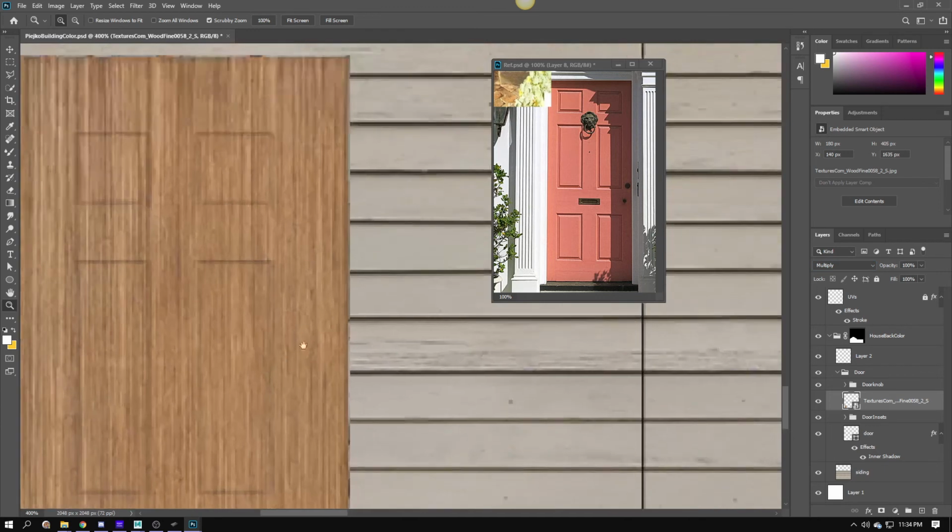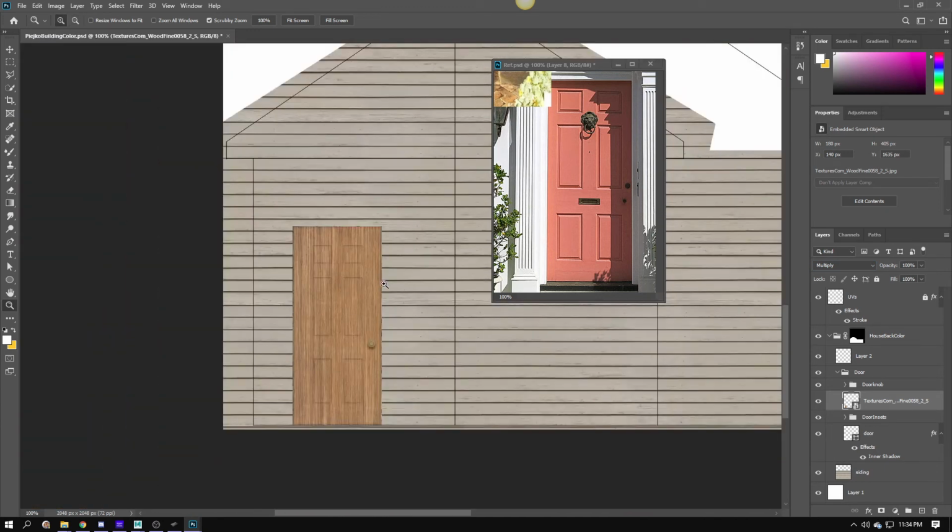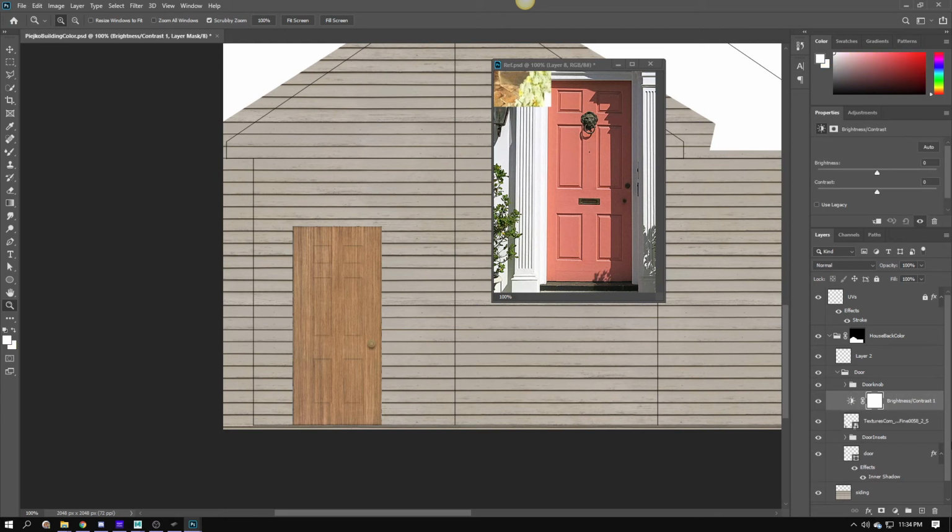The problem is that when you start to do this, it may be a little bit too intense. So what we could do is taking this texture, I'm going to go to my adjustments, and I'm going to start messing with, let's first try brightness and contrast. And then before I do any brightness and contrast updates on here, I want to hold down Alt and left click in between this layer and that layer. What that's going to do for me is make sure it's only affecting this layer. If I don't do that, everything's going to be modified underneath it. So I'm going to change contrast,